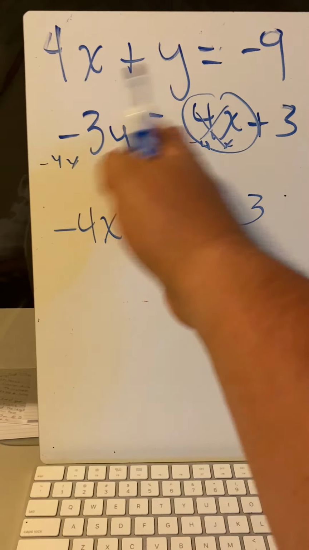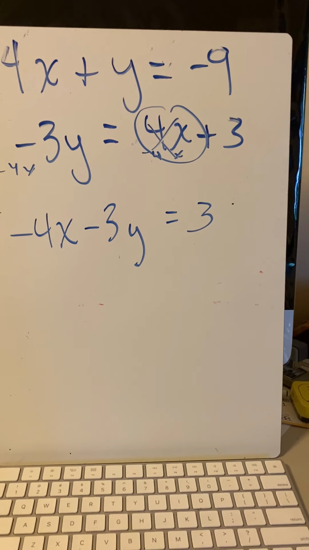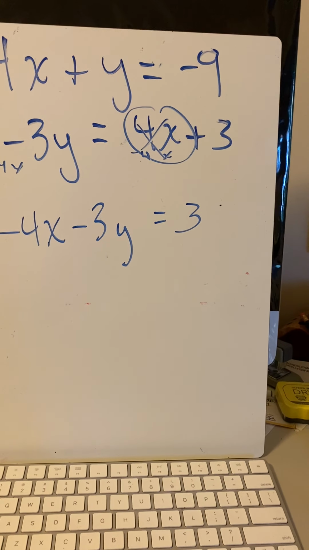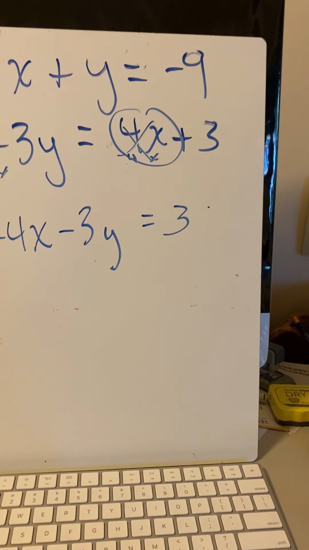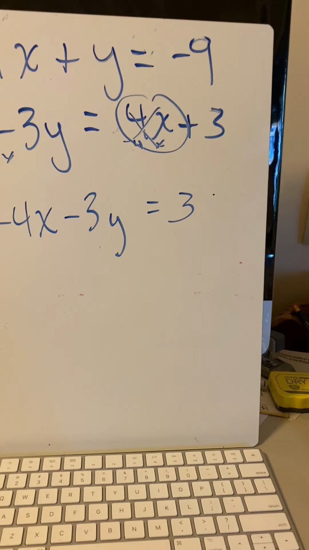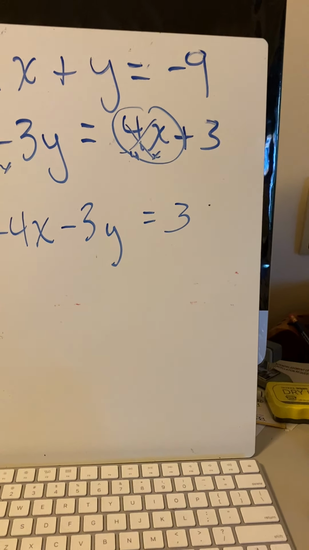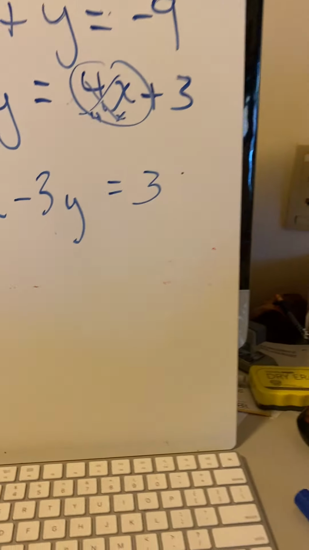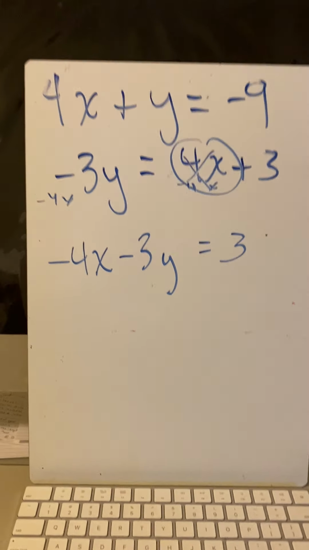If you did what I did without showing it, they're going to look at it. If you do it right, they're going to go, okay, this kid's got their act together. They understand it. They don't need to show every little piddly move. If you do it wrong, expect the teacher to go, show your work, because what you're doing doesn't make sense. Okay? It's not mathematically correct. But since I obviously know what I'm doing because I'm old,